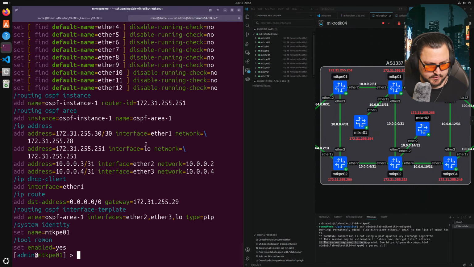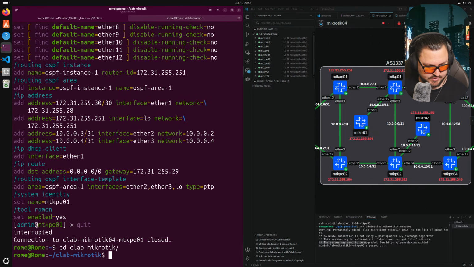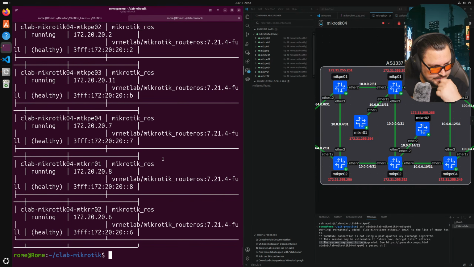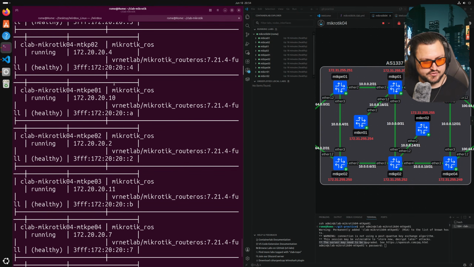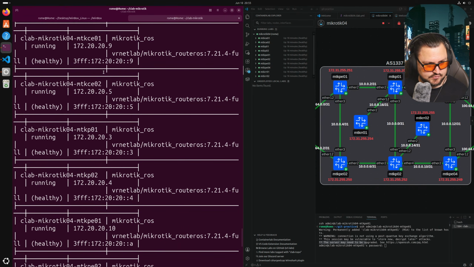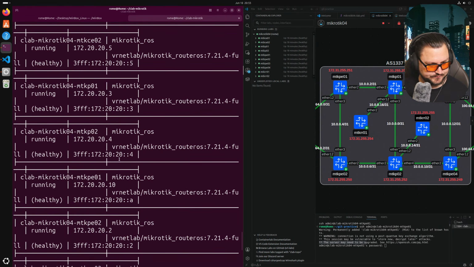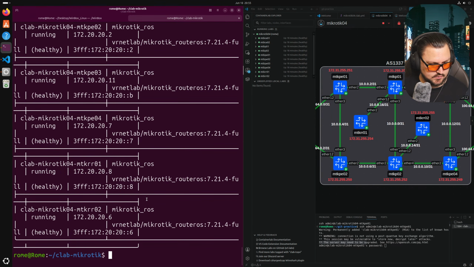All right, so I've got this guy done. Let's go to the next guy. Let's quit. CLab MikroTik, and let's do a CLab inspect quickly. So I just jumped into P01. I can just use the names again, can't I? Let's do P02, which is this guy. So SSH admin at,